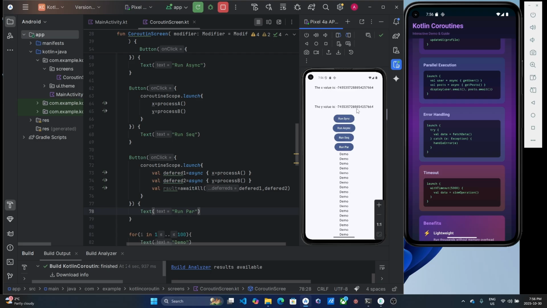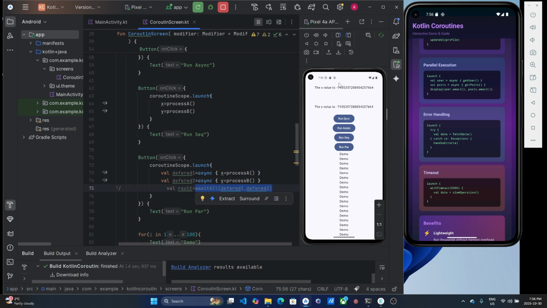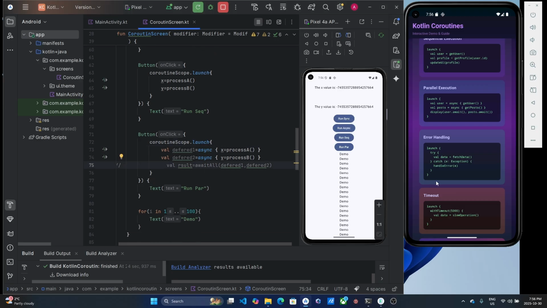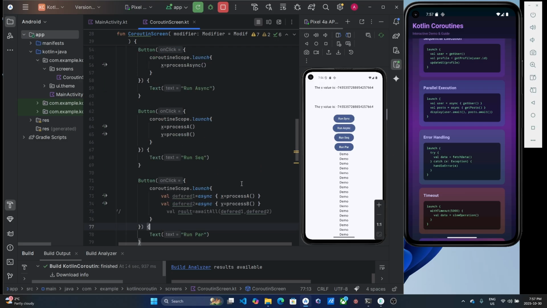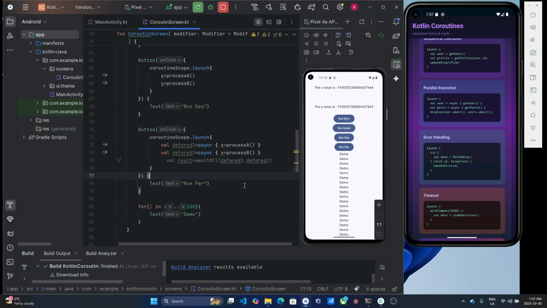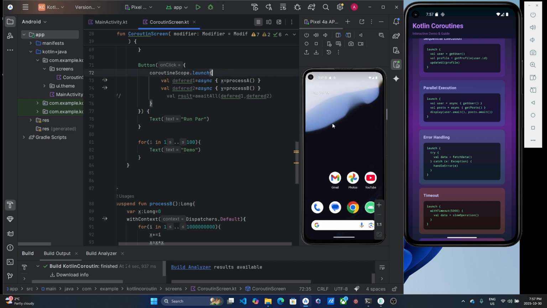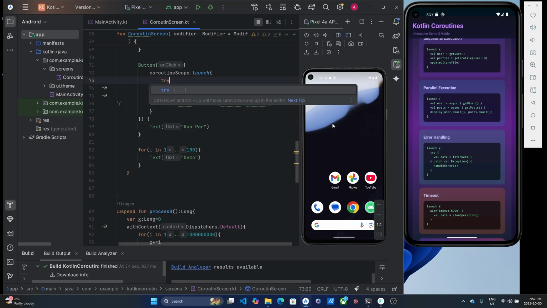values are updated at the same time. So they are running in parallel, and after await all, after all of them finish, the state of x and y is changed at the same time. Okay, that's the parallel execution using async and await all, and you can use a try catch block inside of your coroutine,